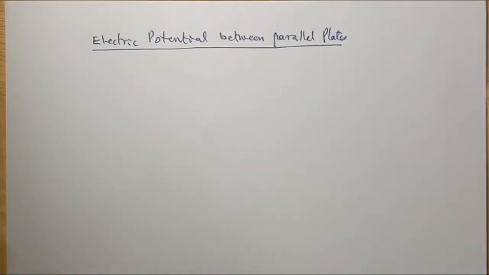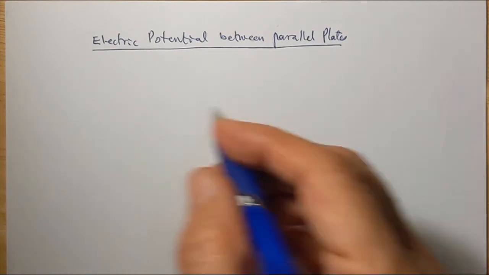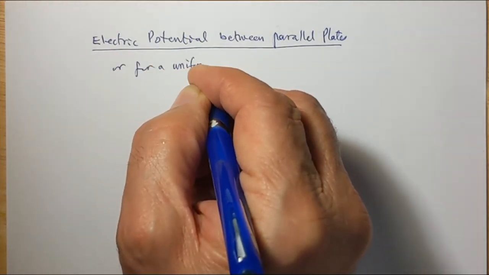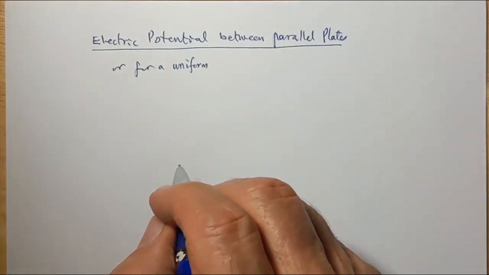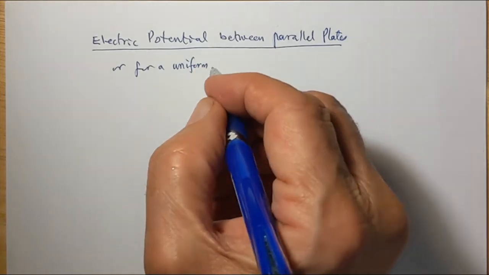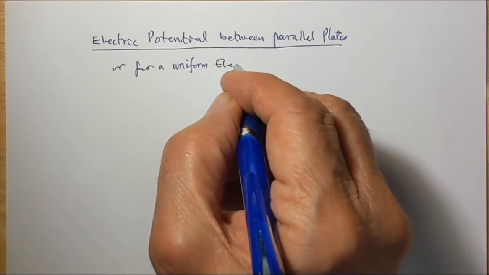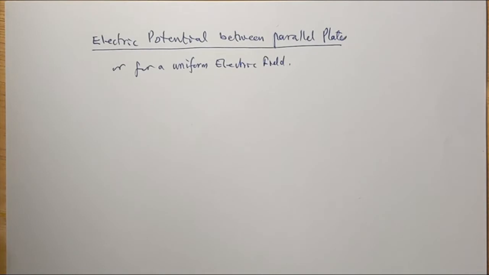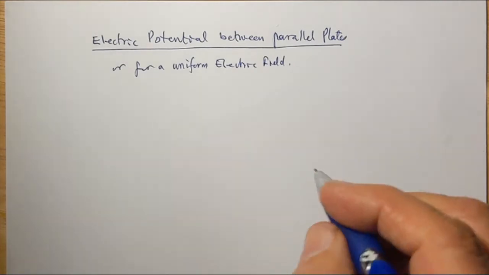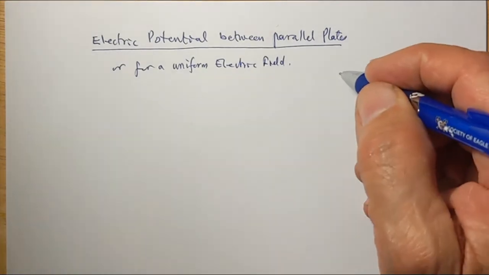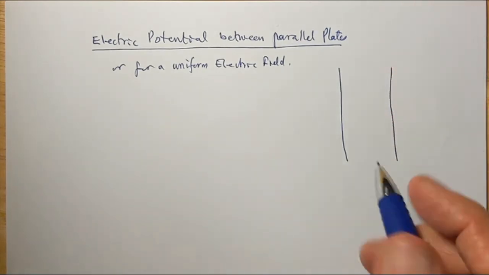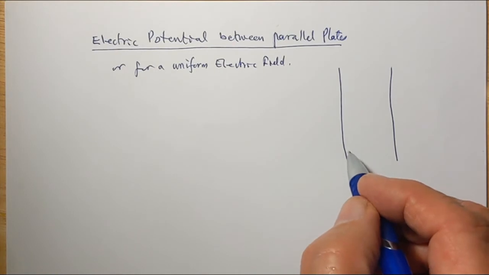We now look at electric potential between parallel plates, or we can say for a uniform electric field. Uniform means that the electric field lines are parallel and the field is uniform everywhere. So if we take two parallel plates that are large compared to the distance between them, let's say the